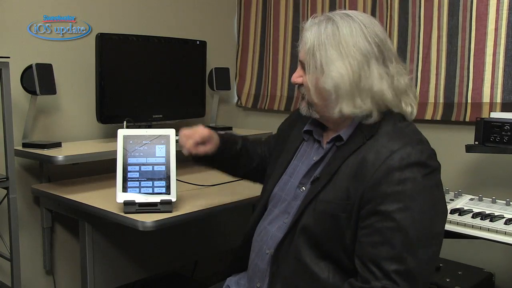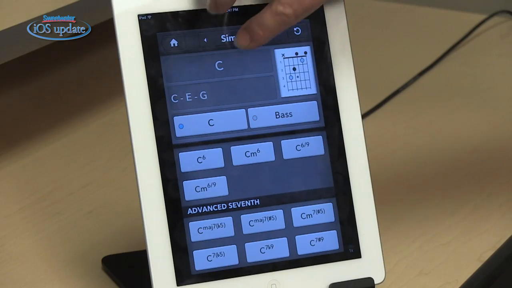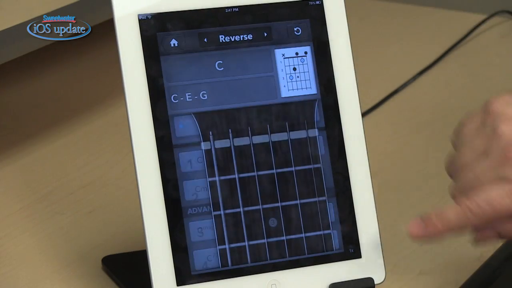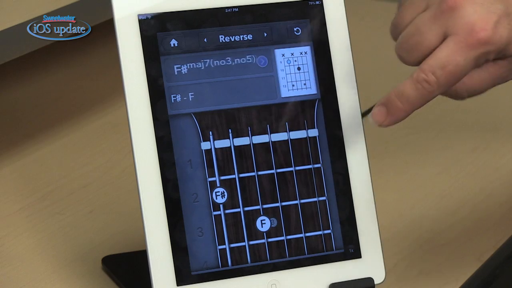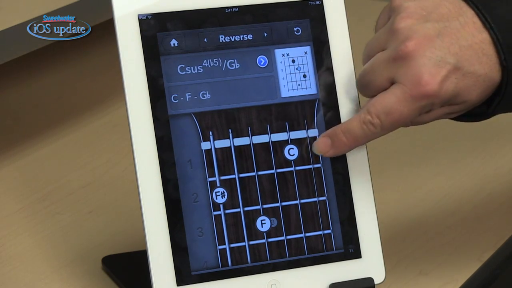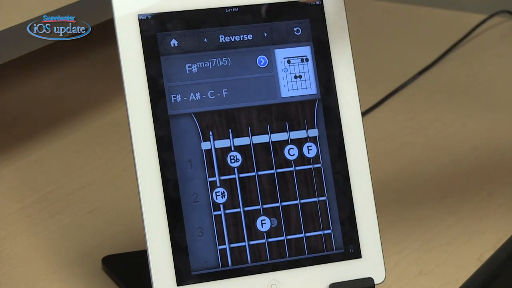We can also do what are called reverse searches. Let's clear this out here. We'll go back to our reverse search. What we do is tap on the fingerboard, input the notes that we want to play, and it will tell us what chord we're actually fingering, as well as give us a chord diagram for us. Now this is very useful if you're playing chords that you're unfamiliar with, if you've been doing things by ear, but you need to notate what you're playing or pass that along to other